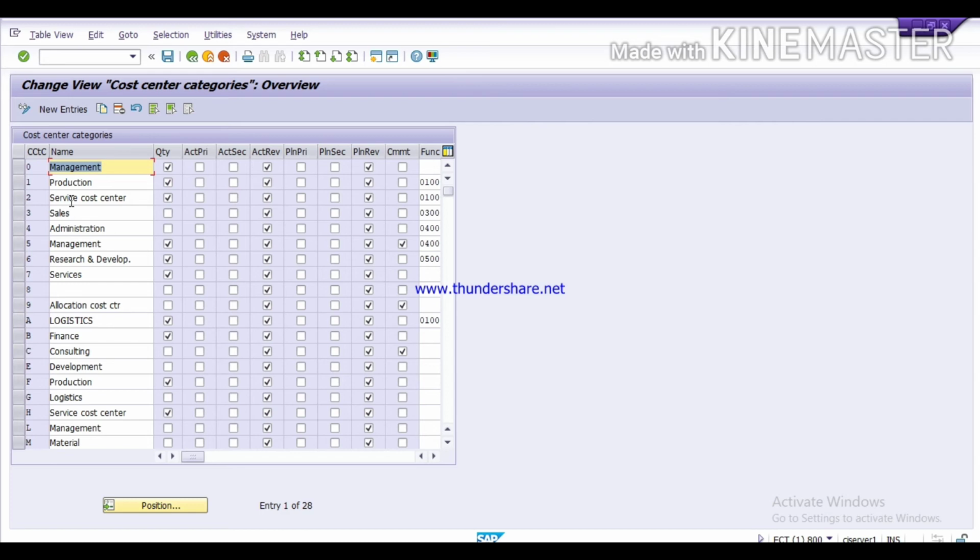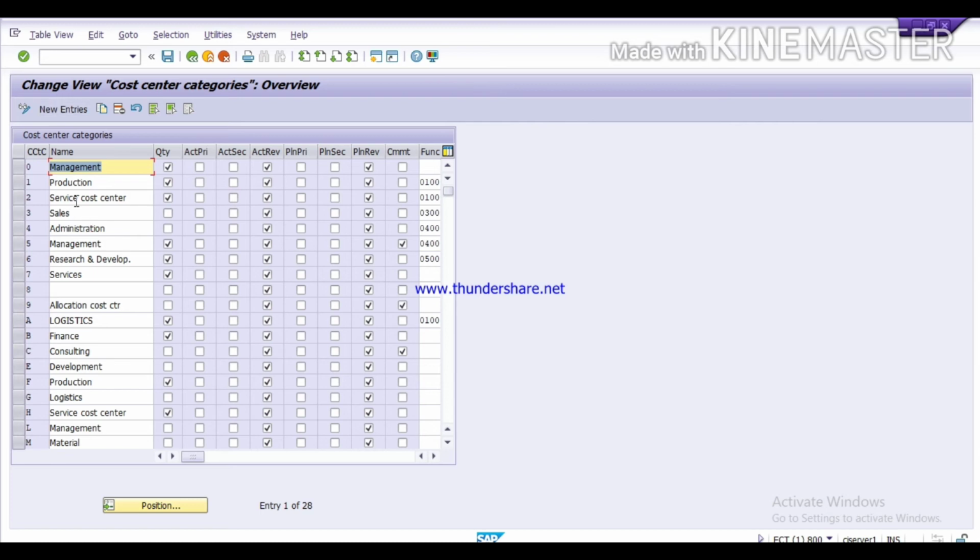Suppose there are many cost center categories like management, production, service, sales, administration. So there are many categories. You have to select your category for your cost center.